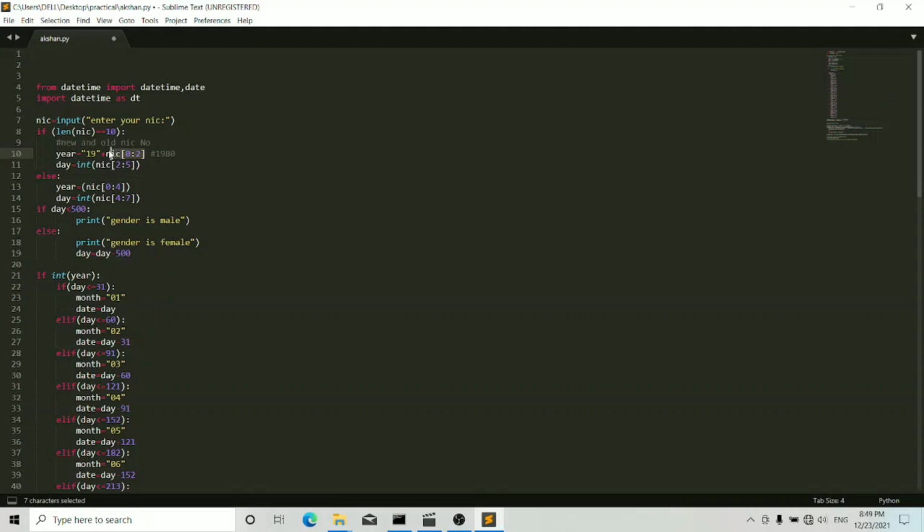So for 1990, the first two numbers will be added by this code, and the last digits from index 2 to 5 of the NIC number will be added. Else, if the NIC number is a new NIC, then index 0 to 4 will be added, the same like that.